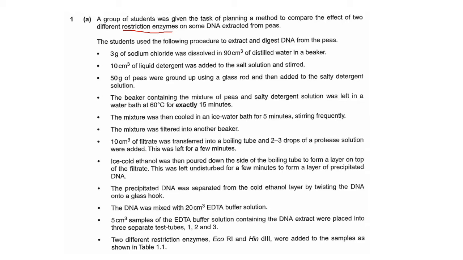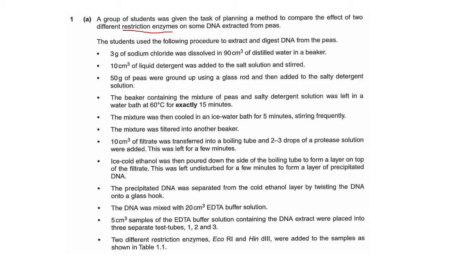So here it says the students used the following procedure to extract and digest DNA from the peas. 3 grams of sodium chloride was dissolved in 90 cubic centimeters of distilled water in a beaker. 10 cubic centimeters of liquid detergent was added to the salt solution and stirred. 50 grams of peas were ground up using a glass rod and then added to the salty detergent solution. The beaker containing the mixture of peas